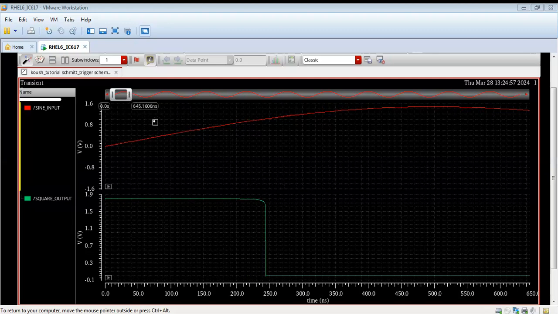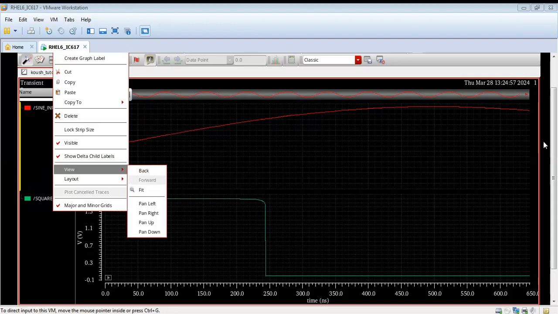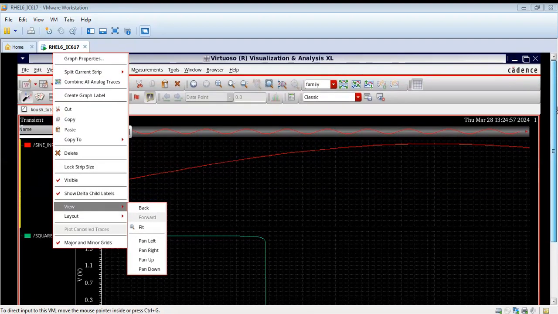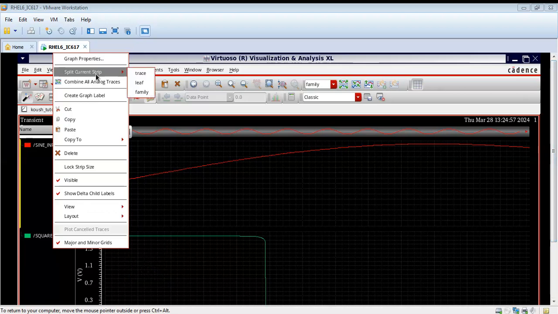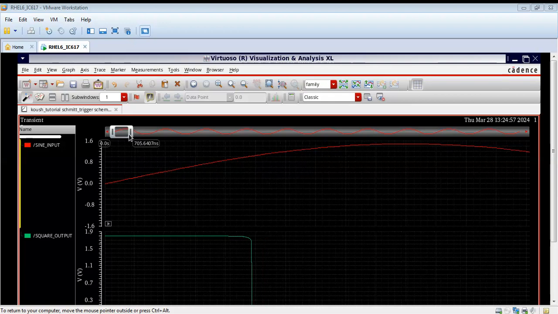Let me zoom in and see the transition point. Let me zoom in more. As you can see, the transition from high to low is happening at a voltage of 1.03 volt.